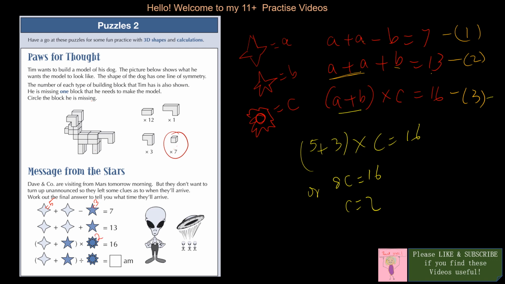So what time do these people arrive? These people will arrive at this time. Let us put in the values here. We will get 5 plus 3, and the whole thing is divided by 2, right? So that is 8 divided by 2 is 4. So they will arrive at 4 a.m. Okay, so that concludes